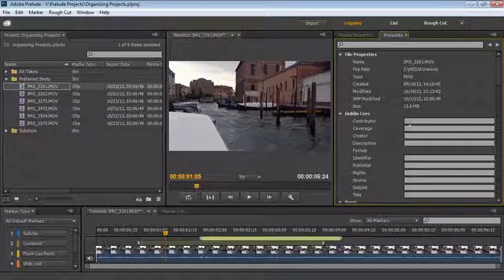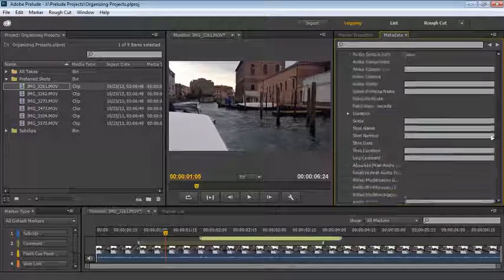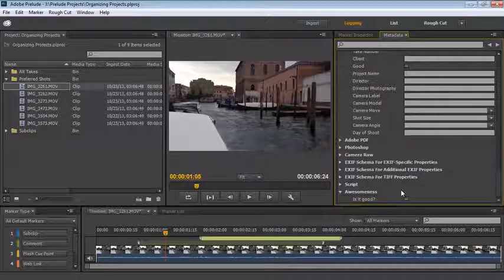So you can put in whatever metadata you want. This is some metadata. I should probably be a little more careful than that, but you can work your way down the list and assign whatever metadata is relevant for your production. You see here I've even created an awesomeness metadata schema, and you can see plenty of tutorials about how to do this on Adobe TV.